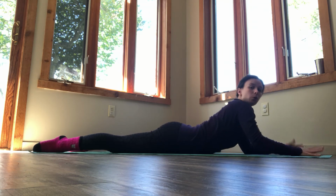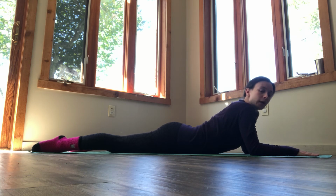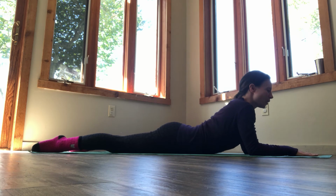So no pose is better or worse than the other. It's just whatever you need today. You can still get the benefits of relaxation without being a contortionist. So once you figure out where you'd like to be, I invite you to settle in. Especially if you're up on your forearms,